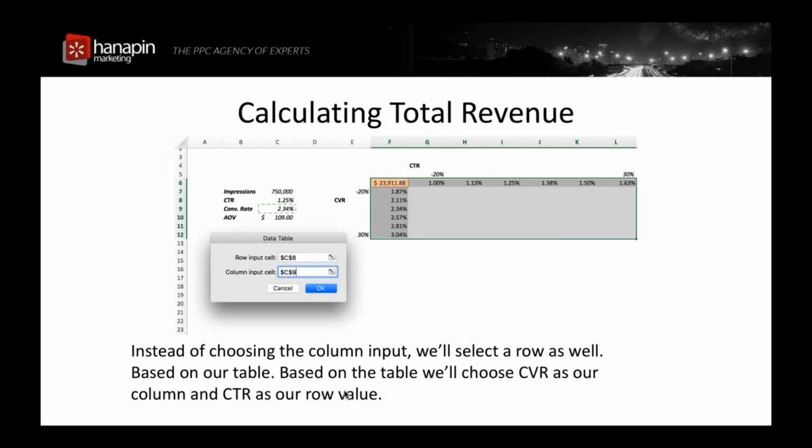So projecting based on two variables, very similar to the last one, except this time, instead of just having some of our values in a column, we're going to build horizontally the second variable. So here we have CVR, and sometimes it's not the most common way to abbreviate it, but that's conversion rate, and our CTR. And what we did here is we took our current click-through rate and conversion rate, and then we went minus 20% and plus 30% on these rows, just to outline what would happen at different points,